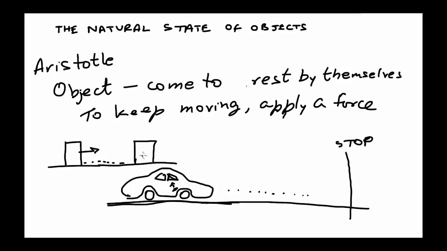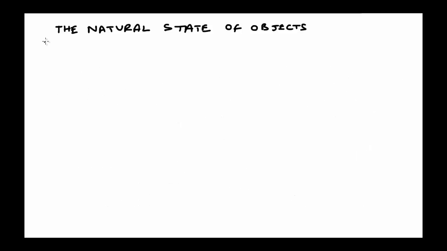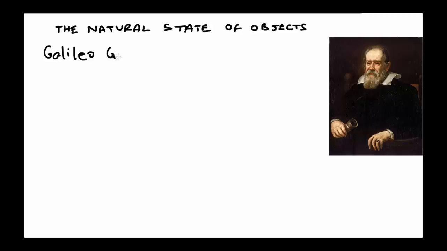So when we think about the box here or the car here, they both seem to come to a stop on their own accord. But on the other hand, in order to keep them moving, you've got to apply a force continuously on the box or on the car. So our common sense, which is based on our day-to-day understanding such as these, seems to agree with Aristotle. Now, about 2,000 years after Aristotle, another scientist was thinking about these things, and his name was Galileo Galilei.